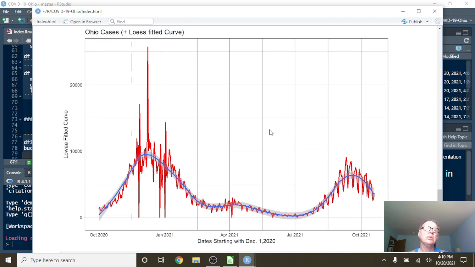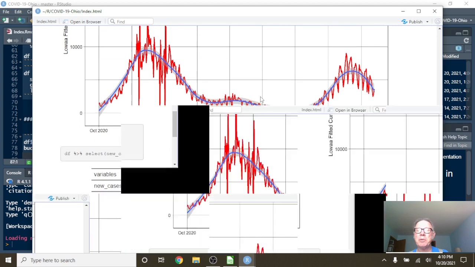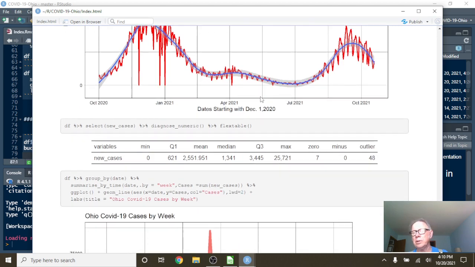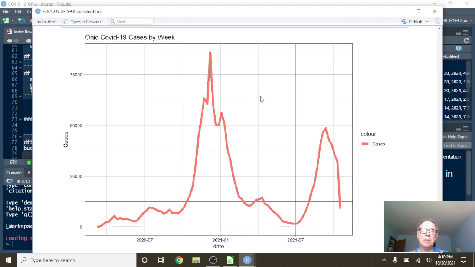Deaths or cases. Yeah, we saw an increase in the first part of July up until maybe mid-August. Then the cases begin to decline again. And some people are saying, well, that's the Delta variant. It wasn't that strong. Cases by week, and here we go for the cases by week for the state of Ohio.